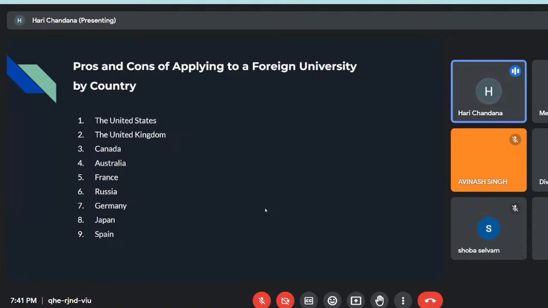Russia. As the country is trying to bring in more international students, the government offers scholarships for high achieving international students. The other perks are low cost of living and high quality education for natural sciences. If you want to opt for natural sciences, it is better to research on Russia. And the downsides are language barriers, same as we discussed before, and lack of job opportunities upon graduation. But you could find